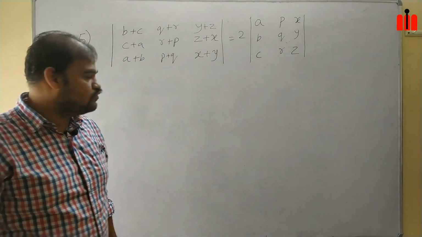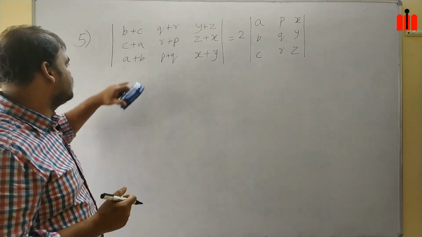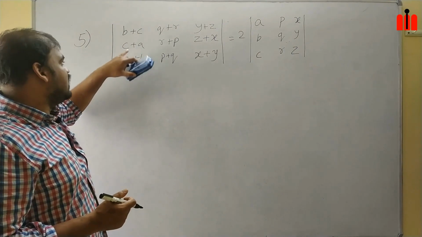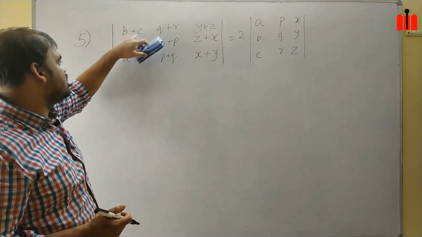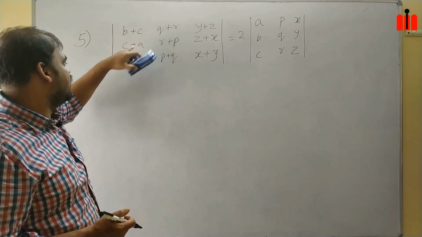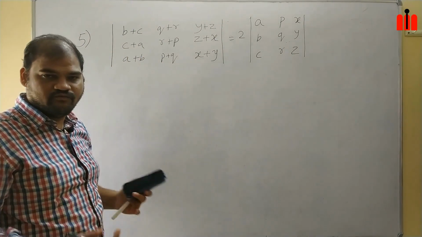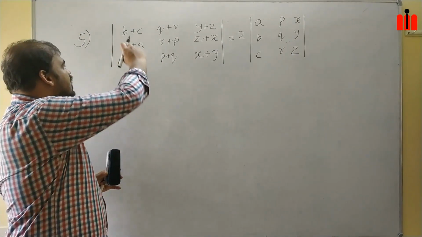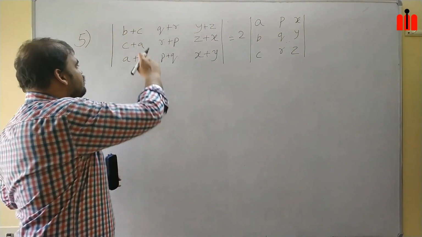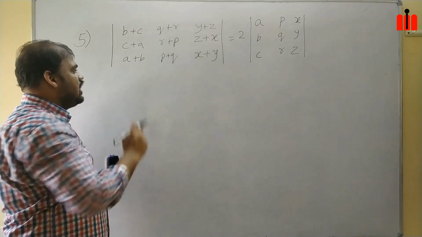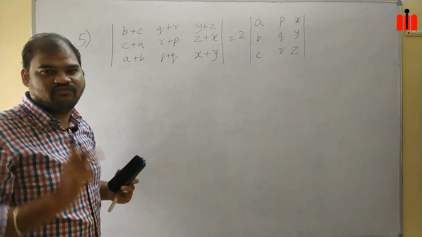Okay. To prove that, how will we start? First, I have to get one term in place of two terms, like in B plus C, I have to get B, or in C plus A, I have to get some one term. So how will I make these two terms into one term? What I will do is add these two and subtract this. Then it will be A plus B plus 2C, and if I subtract A plus B, then it will become 2C. So I am getting one term.